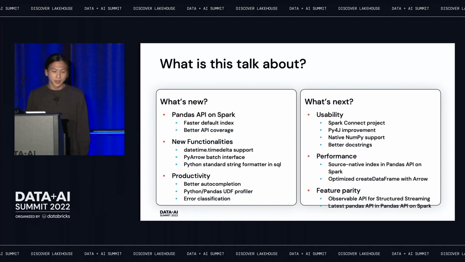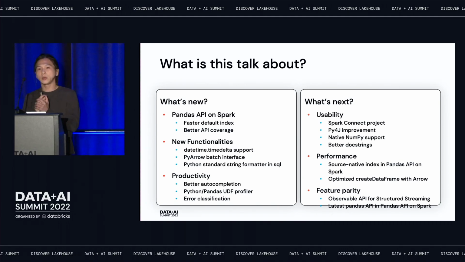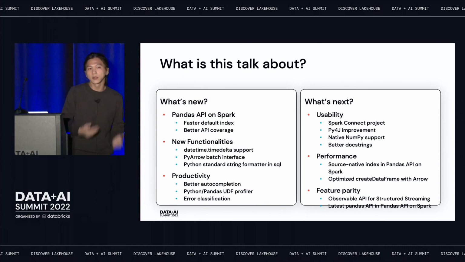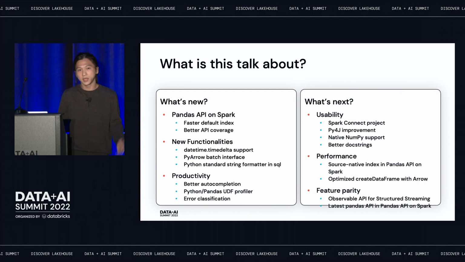And then for future PySpark versions, one of the biggest efforts is the Spark Connect project that Reynold talked about just yesterday in the keynote, right? I'll talk about this a bit more here. And we started to work even more closely with the Py4j community. I'll talk about this later. We are working on NumPy support in PySpark everywhere.